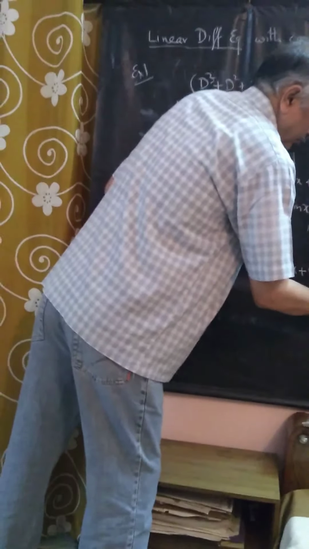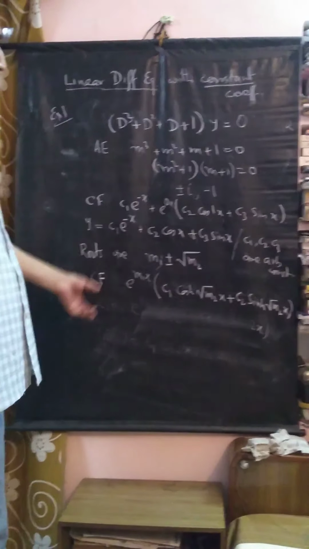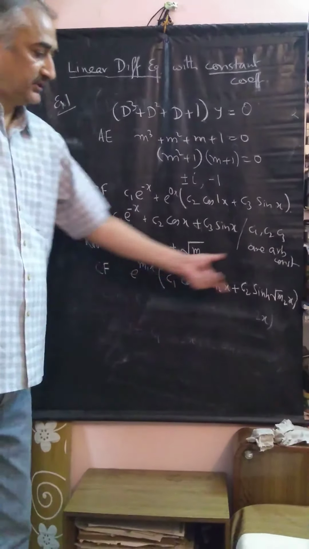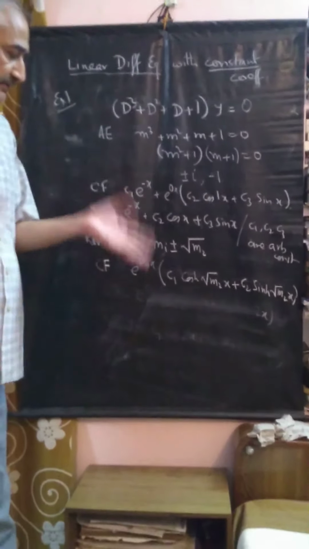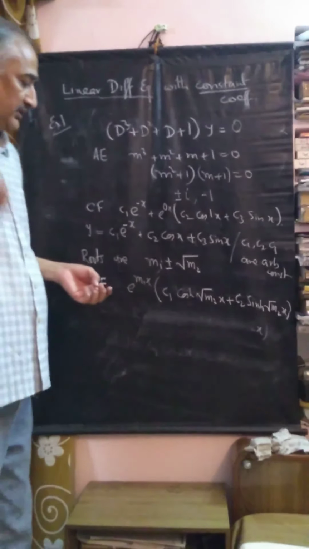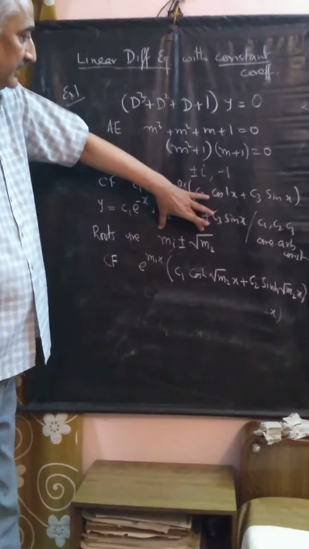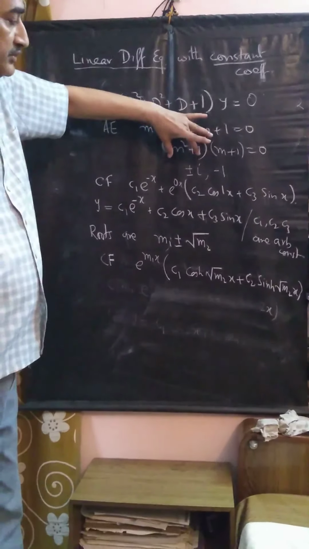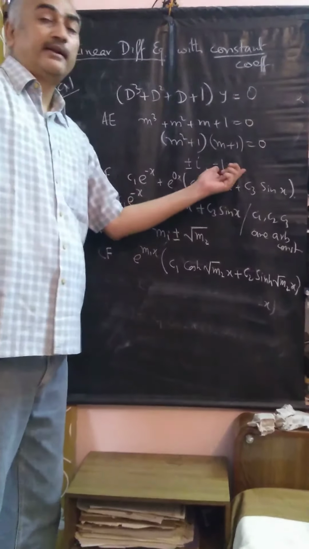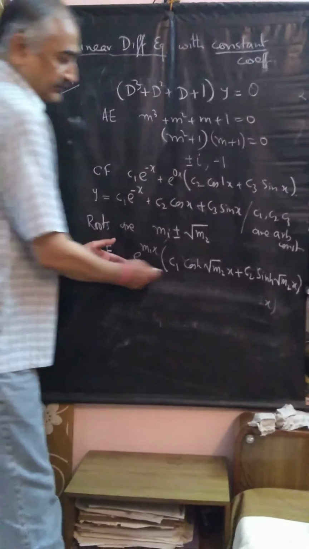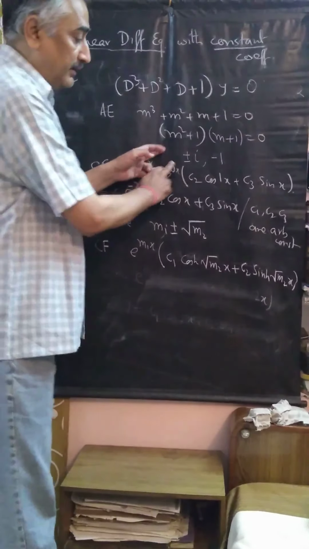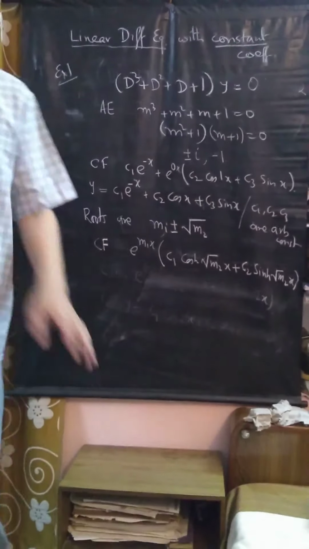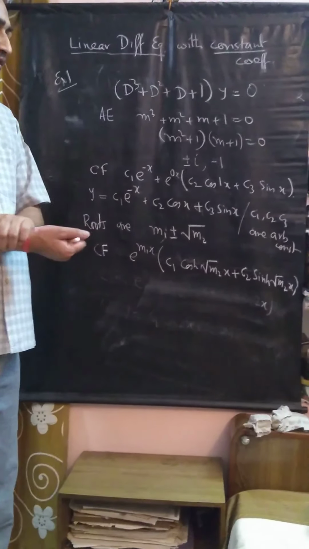And if there are no other roots, only 2 roots, and the right hand side is 0, then this makes the complete solution, c1, c2 being the arbitrary constants. If there is a differential equation of constant coefficients, linear, with one pair of roots like this, another pair of roots which are complex, and some roots which are real and distinct, then you will have this part plus complementary function corresponding to this part, and then complementary function corresponding to real and distinct roots.